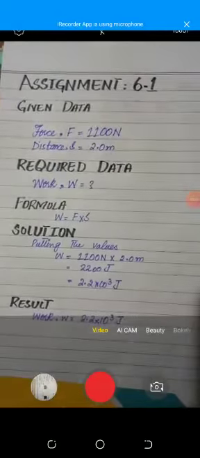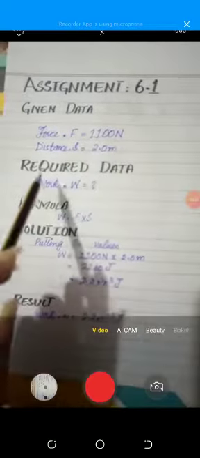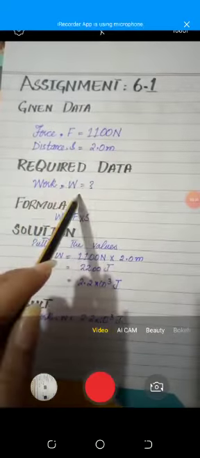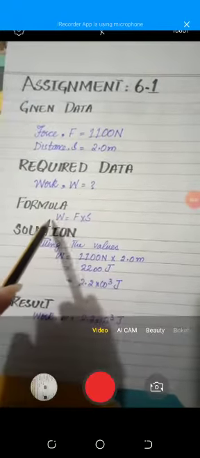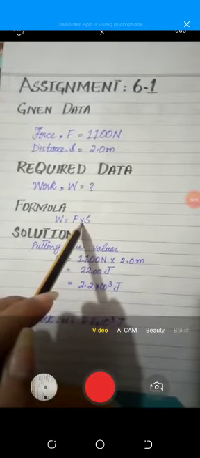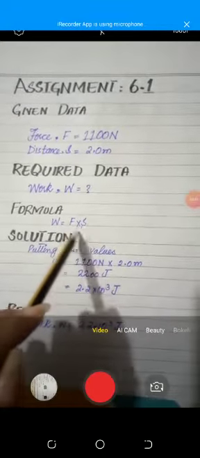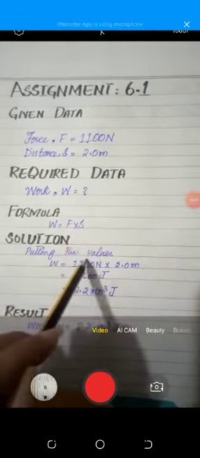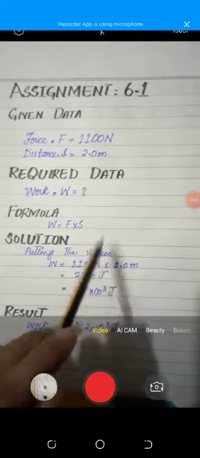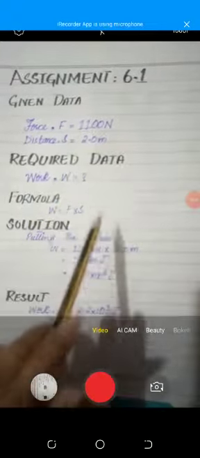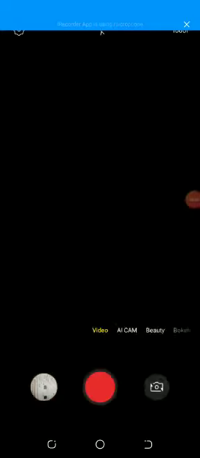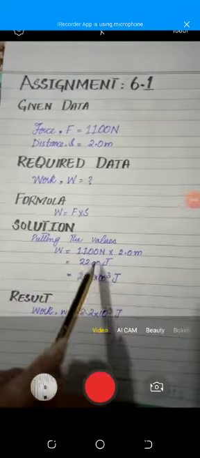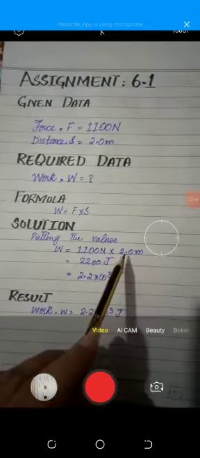So what is given in the assignment? The given data is force equal to 1100 Newton and distance is given as 2.0 meter, and required is work. They are asking how much work they have done. So the formula is W equals F into S. So simply we are going to put the value of F and S in the formula. F equals 1100 Newton, which is given to us, and S is the distance, 2.0 meter, and we are multiplying 1100 by 2.0, so the answer